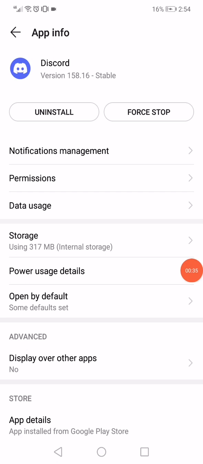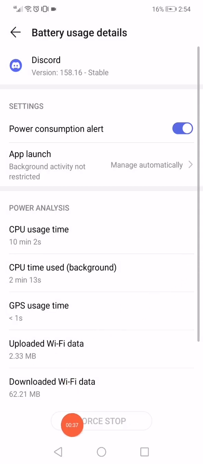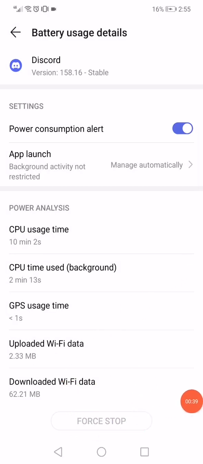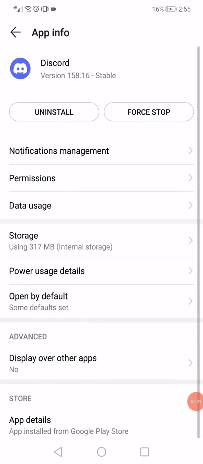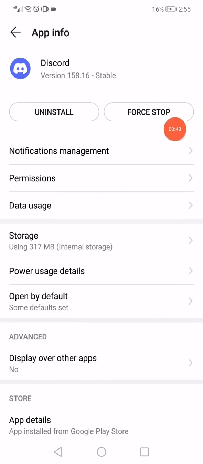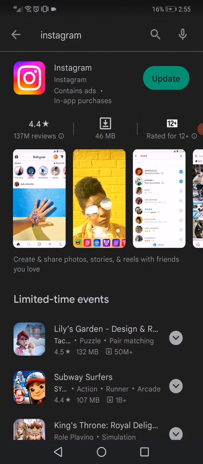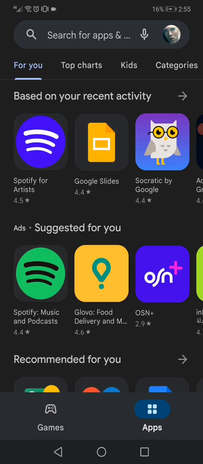Click here on Power usage details. Click on this Force stop option to stop running the app, and then click on Force stop again right here. And now the last thing you want to do is open the Play Store and search for Discord and check